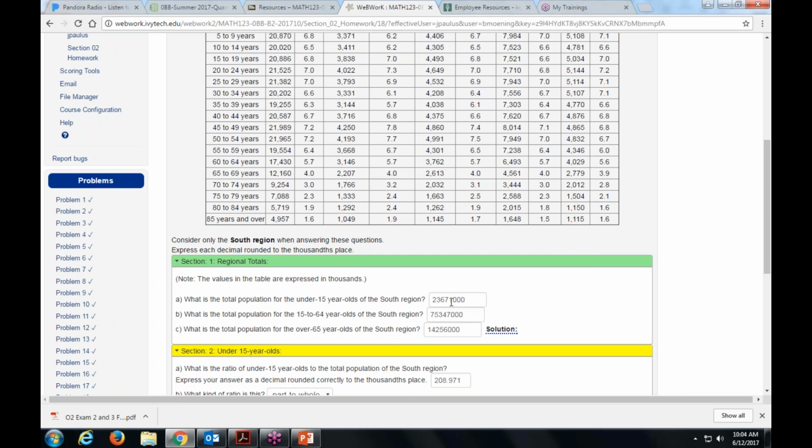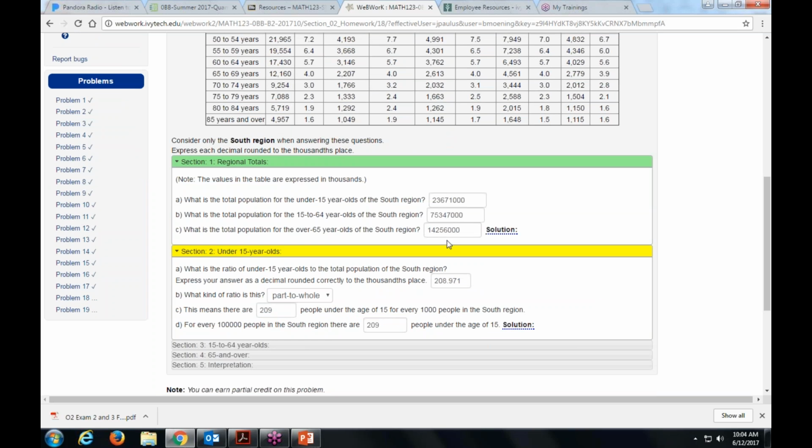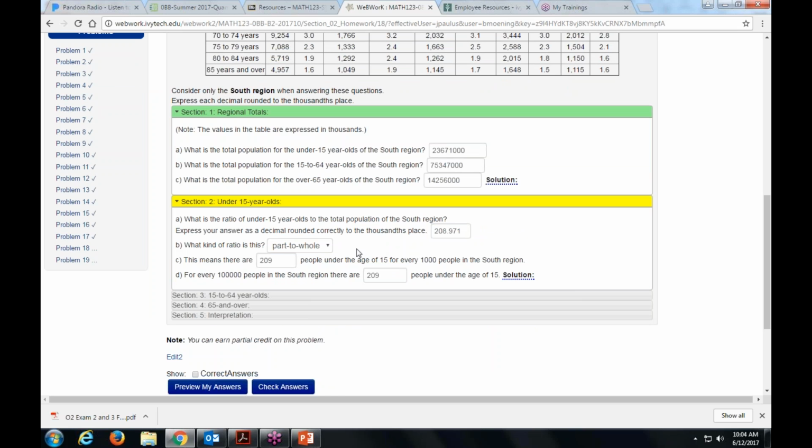All right, so we have part 1 taken care of, and those numbers are going to be crucial, right? So the under 15, that is the total for your children. The 15 to 64 is the total for your working class, and over 65, there's your old people. So when you get down to section 2, we're talking about under 15-year-olds to the total population, and we're looking for a ratio. So under 15, all right, let me make some notes because I want to go back to a different page where I can show some work here. I've got under 15 is the